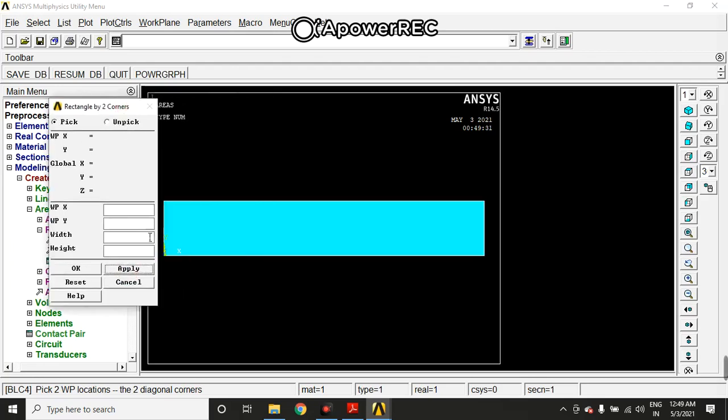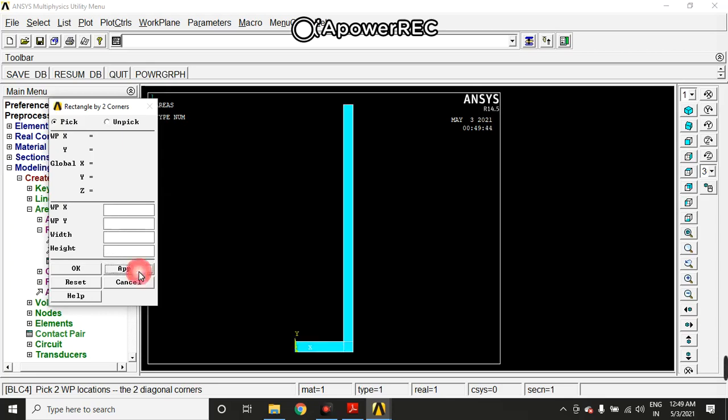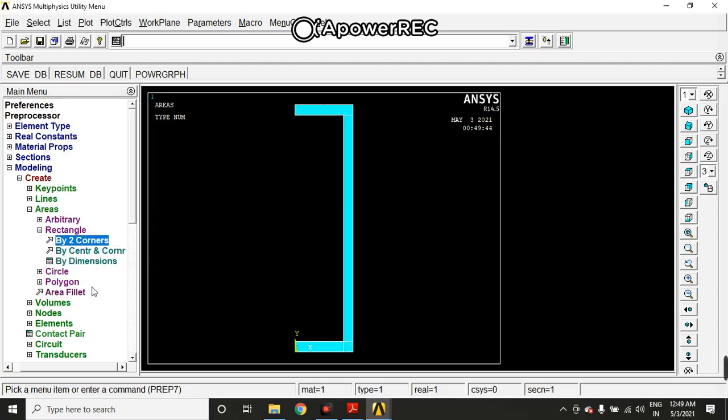Now the second rectangle we have to create from 0.1 comma 0 and the dimensions are 0.02 and 0.50. Apply. And third, you have to start from 0, 0.48, with dimensions 0.12, 0.02. Click on OK. So this is how we have created the element.